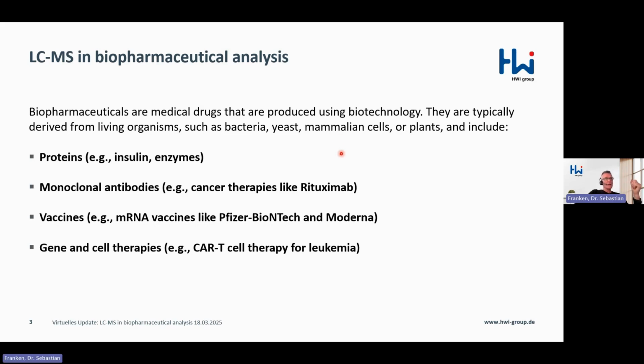Alpha-galactosidase A is an enzyme that is used in enzyme replacement therapy in morbus Fabry, for example. Then we have monoclonal antibodies, which are, if not the biggest group, definitely the group with the highest value at the moment. They are used in different indications, for example, in cancer therapies to deplete B cells, or Humira, a very old example, as an inhibitor of TNF-alpha in different